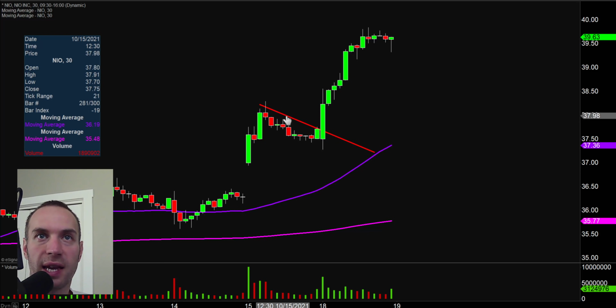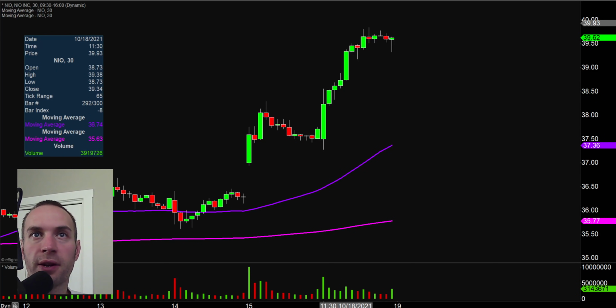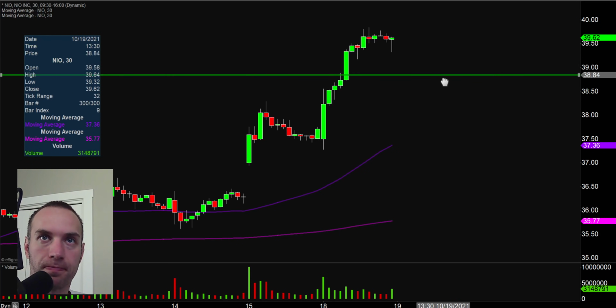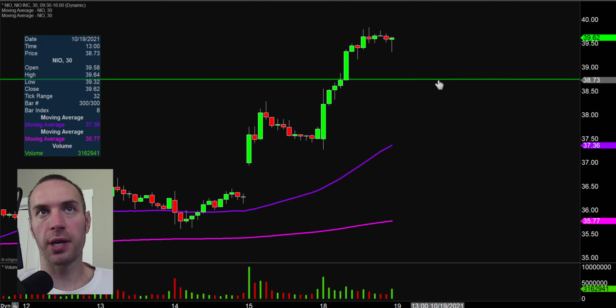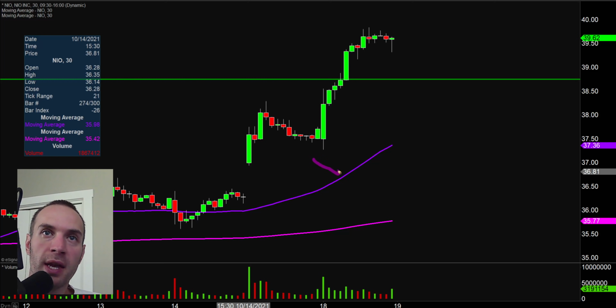So overall, just a fantastic breakout, nice little consolidation that occurred on Friday there. As far as some of these new levels to keep an eye on, as far as supports are concerned, key level of support with any sort of pullback is going to be right up there around 38.75. That's the beauty of charts, they make things very straightforward. But from an overarching standpoint, you have the 50 period moving average there, which will continue to move